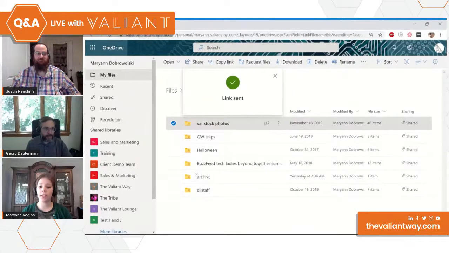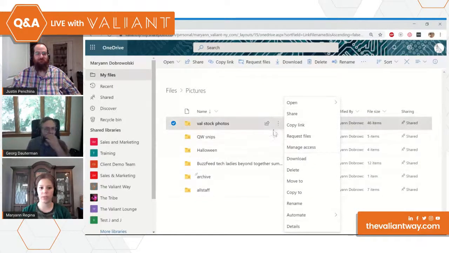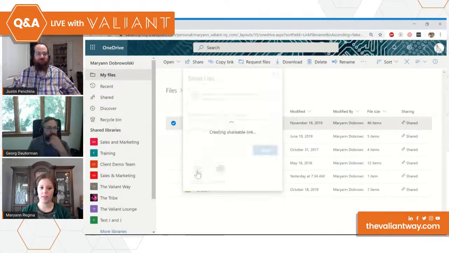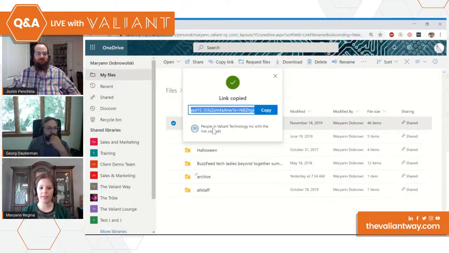And now it's associated with his email. So when I look later and see how he is related to it, I can tell that it's associated with his account. As opposed to another way to do it: when you share, you can copy the link instead. And then you can paste this in an email, in a Slack chat, or in your Teams chat. But that's not necessarily going to associate it with that person's account, because they can then forward it on to people. You can see though that I have permissions set here that only people in Valiant Technology can edit, and you can change those in a few different places.